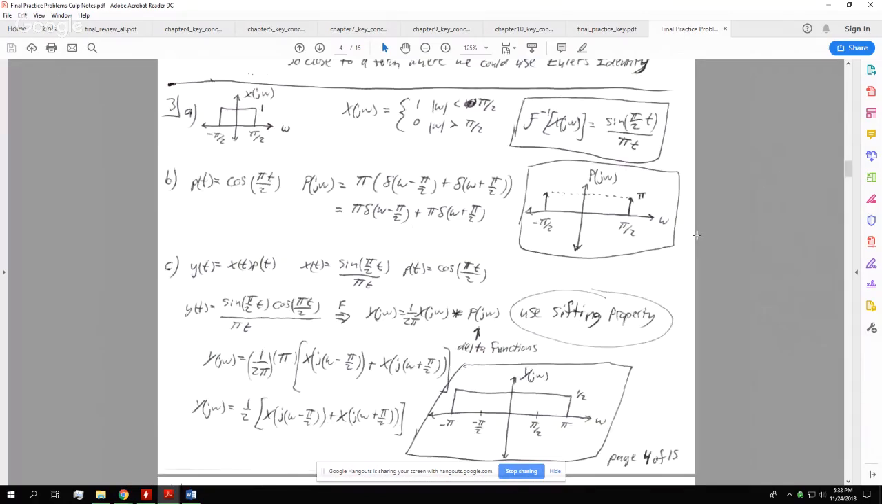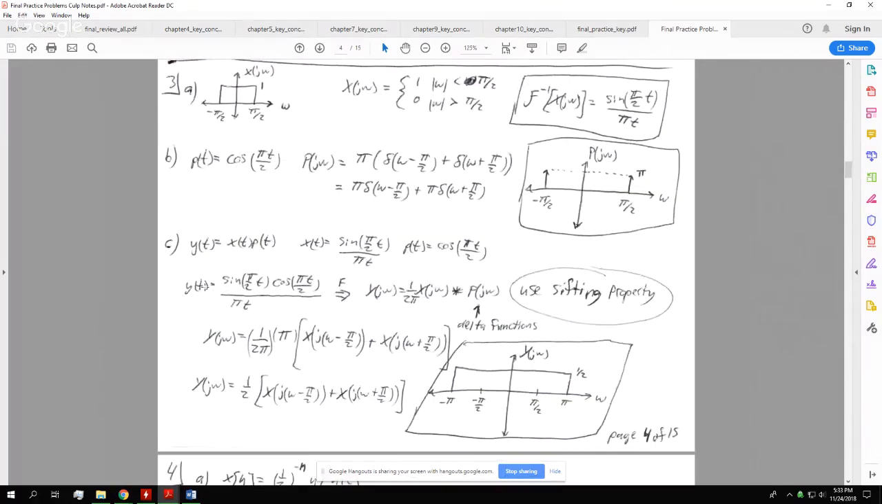So let me scroll. Well, I'm going to keep it so we can see the whole problem still. So I just rewrote what we need to do. I rewrote what we determined x of t to be in part A, right here. And then I rewrote p of t, which was given in part B. So let's multiply them together. So we have a sine and a cosine multiplied together all over pi t. So let's take the